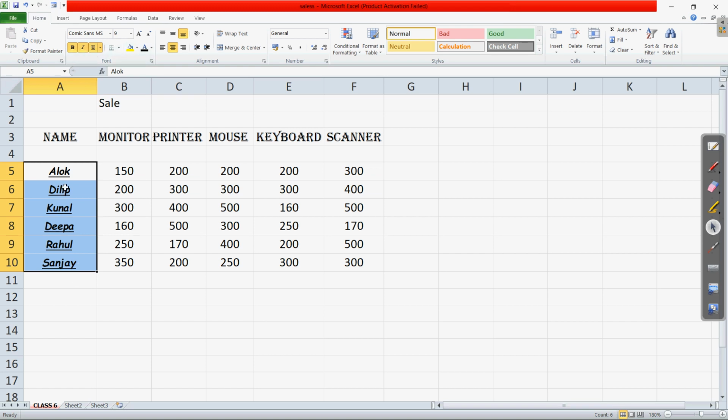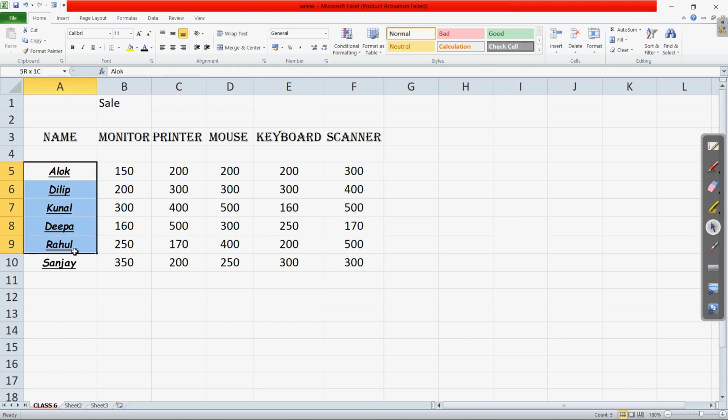You can also notice that whatever options we have enabled, they appear selected here. It means these options are enabled for the data which is written there. Clear? And again, if you want to remove these appearances, means if you want to remove the bold, italic or underline, we have to follow the same steps.